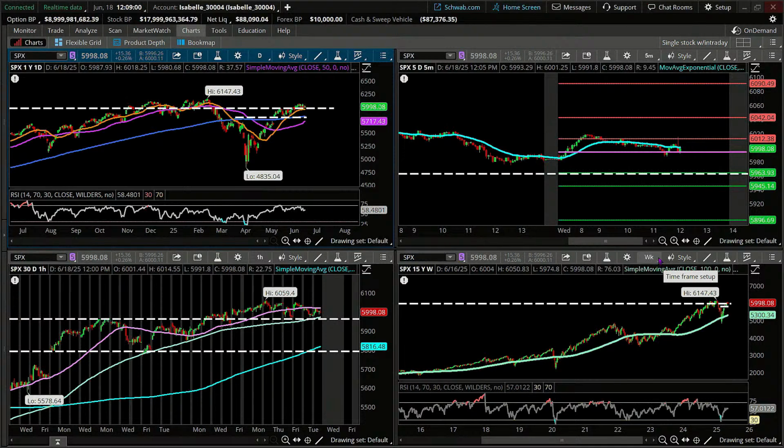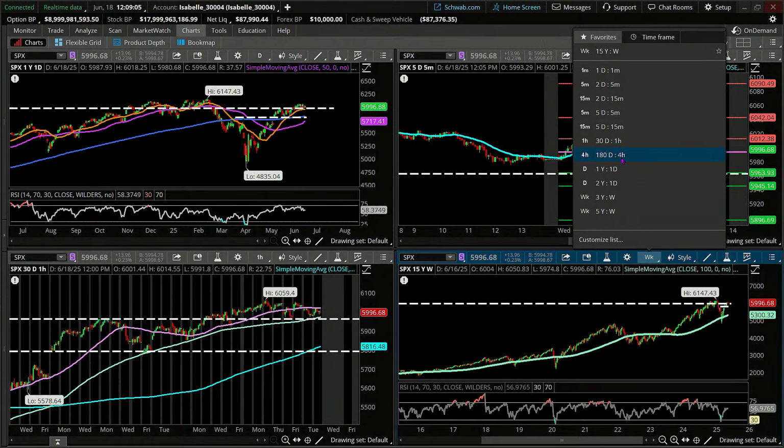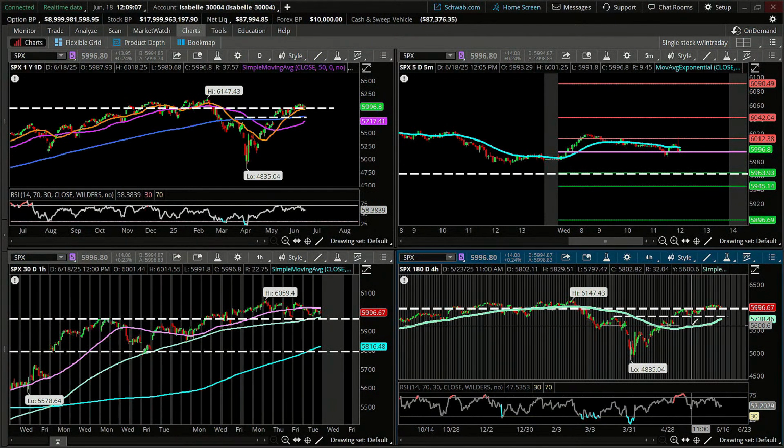Now, weekly might be good for you. It might be a little off. Maybe you want something different, maybe a 4-hour bar, which is basically the same as a daily chart anymore. If you go out 6 months, 180 days, yeah, you're going to find quite a very similar look between the daily chart in the upper left and the lower right chart, going to be very much in line with things. But if by some chance, everybody, you didn't want to see 4 different time frames for the same position, consider changing the icons here.